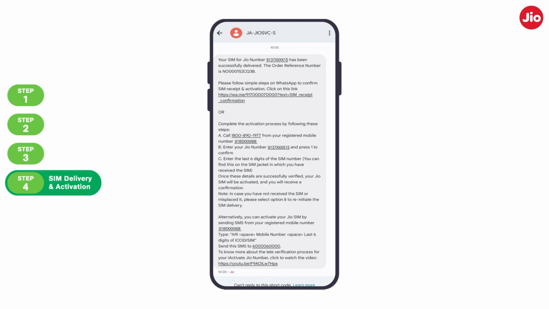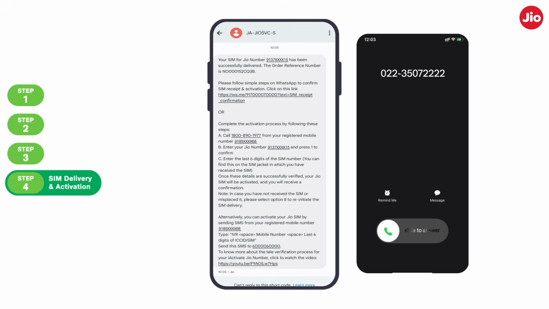You can complete the SIM confirmation process either by sending a message on WhatsApp, by calling the IVR number, or you will receive a confirmation call from 022 350 72222 on the alternate number provided during your Jio SIM request. Follow the instructions on the call to confirm your SIM delivery.